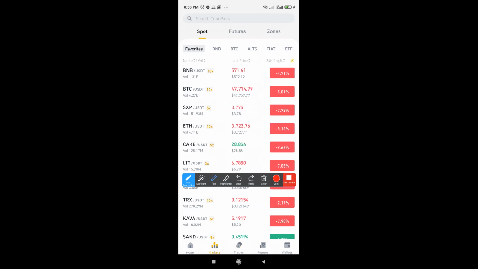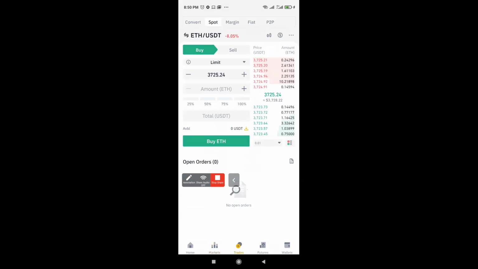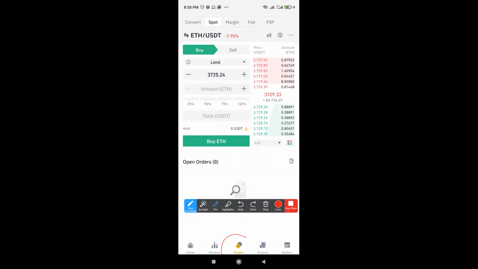The third place is trades. That's the third one, trades at the bottom over here. What happens in trades? Trades is where you come to buy and sell. Simple. This trades area is where you come to buy and sell. Okay, and we're going to look at that much later. Let's focus on how we can fund our wallet, because you need to fund your wallet before you can buy or sell.